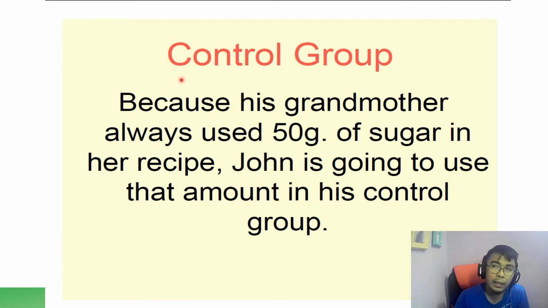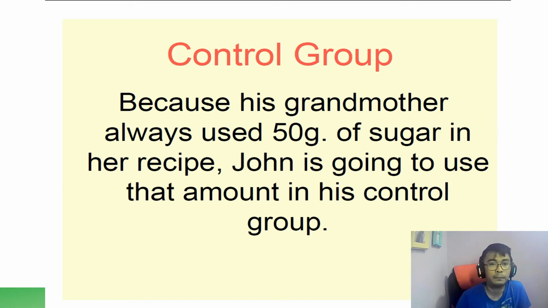In this specific example of John, because his grandmother always used 50 grams of sugar in her recipe, John is going to use that amount in his control group. Okay? So, yung bagay na yun na i-retain natin, okay, that is what we call for the